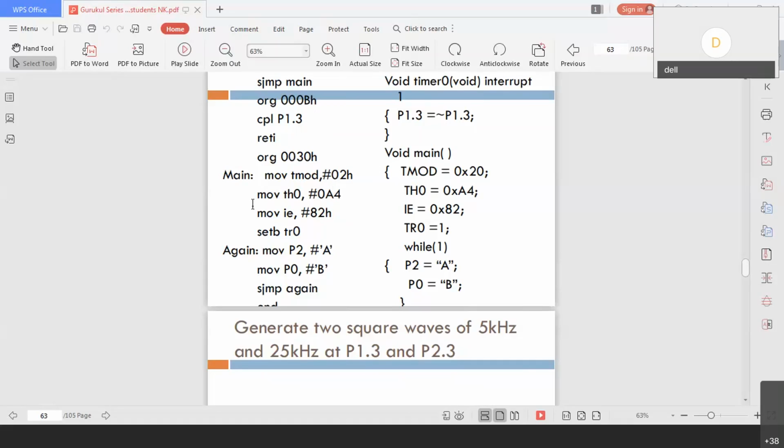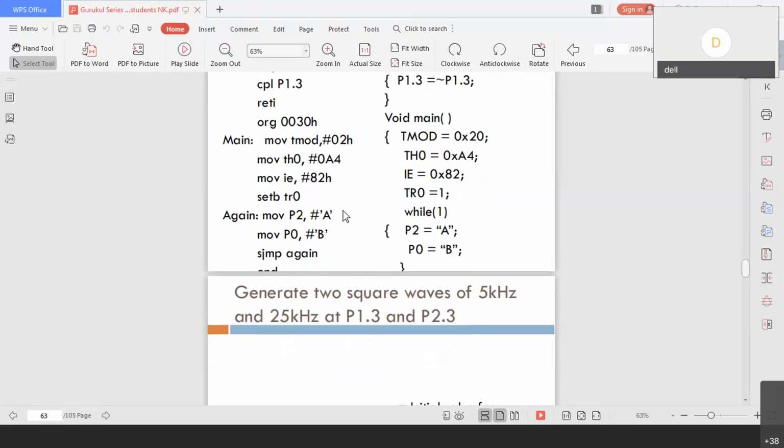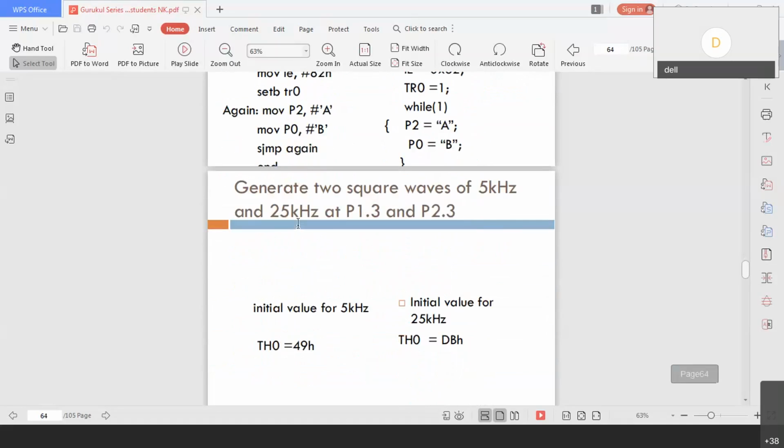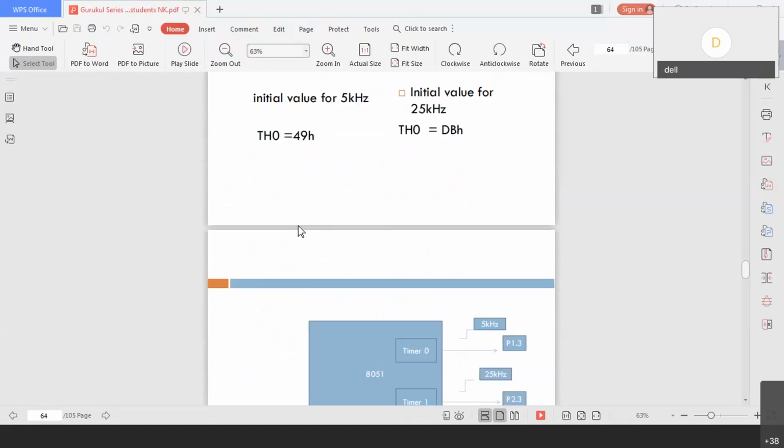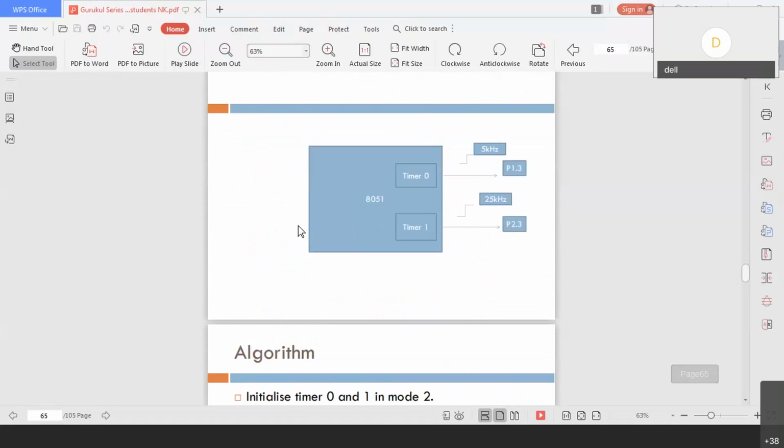Okay, so parallel processing is taken. The parallel waveform is also generated, and some other port 2 and port 0 operations are also taken care of. So parallel processing is possible with the interrupts, so there is no wastage from this.